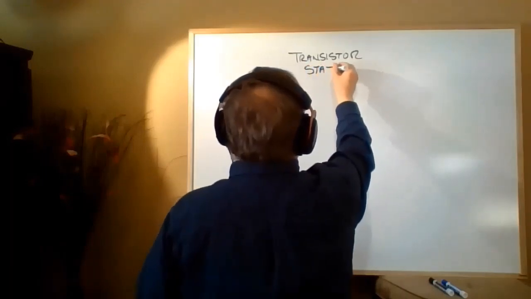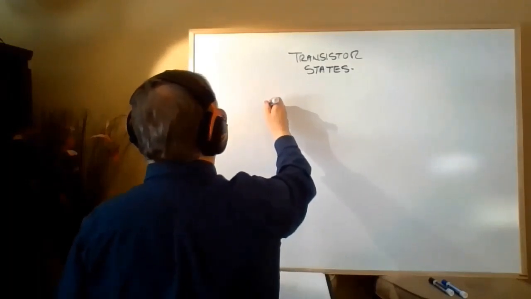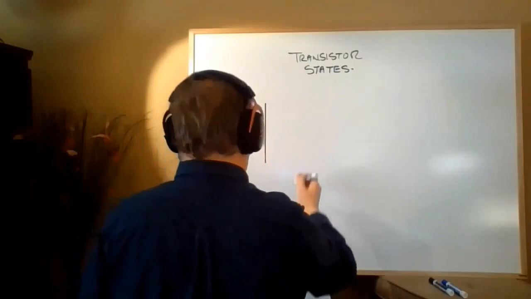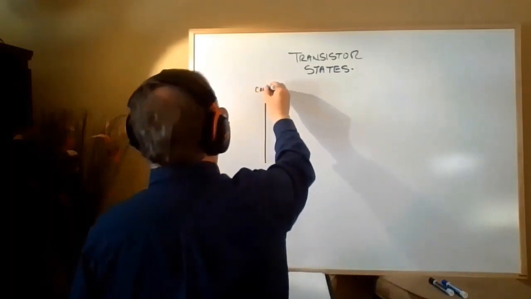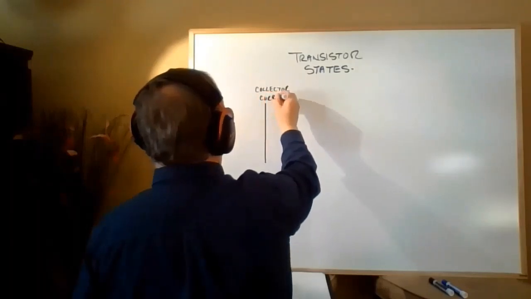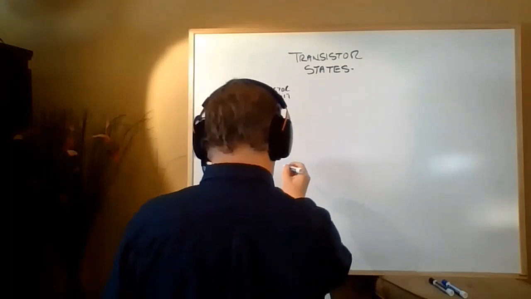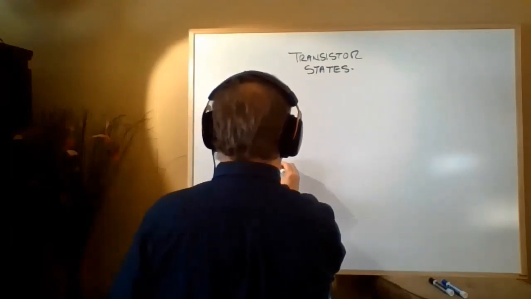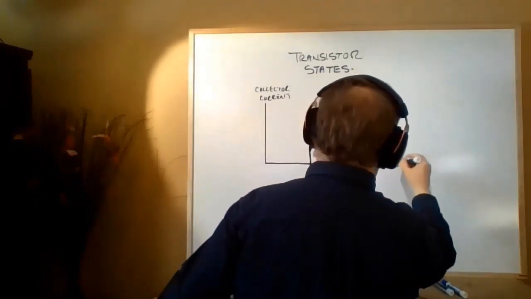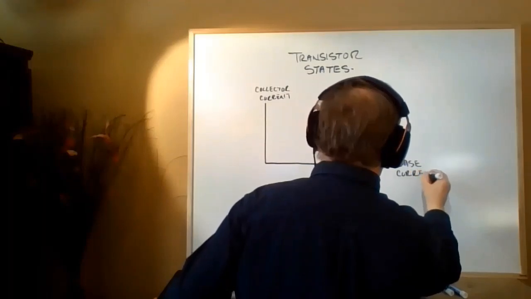And what that means is essentially this. I'm going to show you a little graph, and this is going to be collector current. Collector current. And over here, I'm going to show on this line, I'm going to show base current. Now, just by way of reminder,